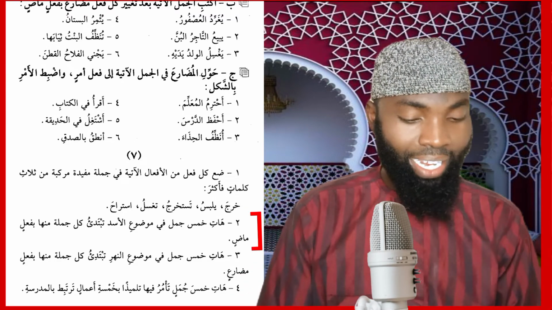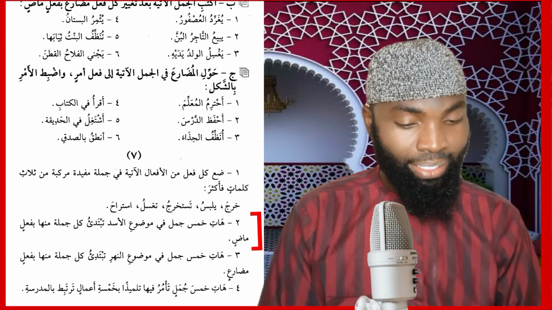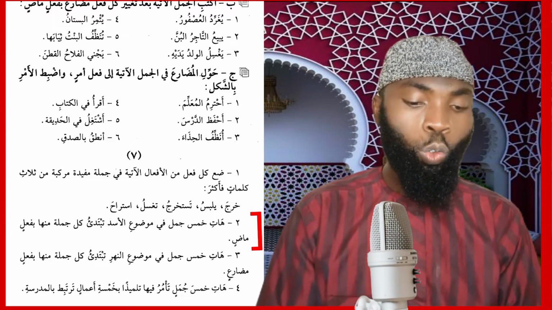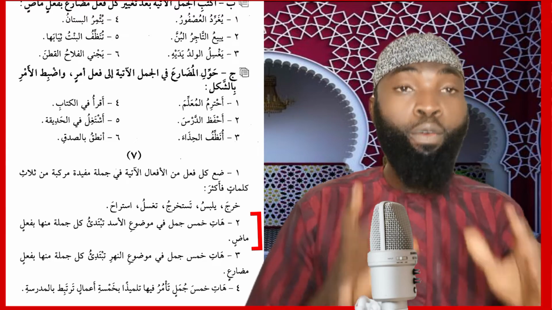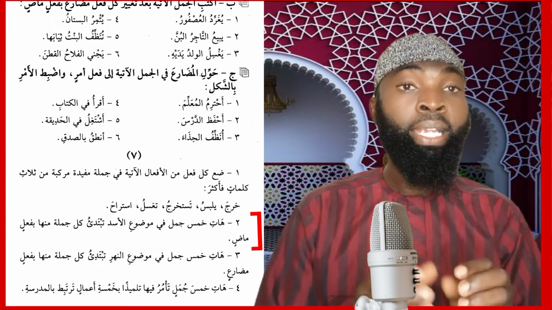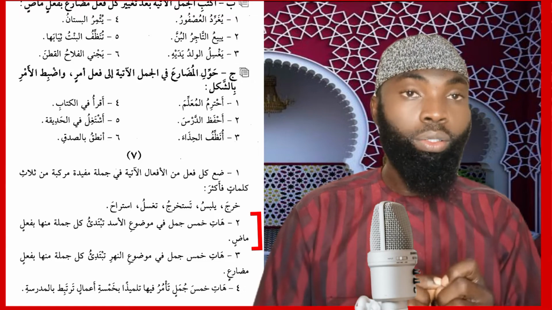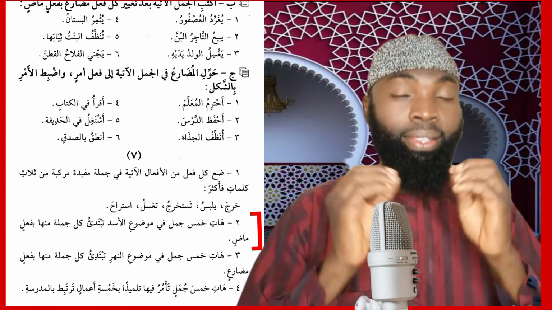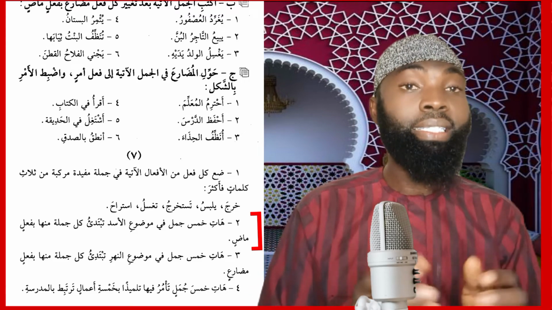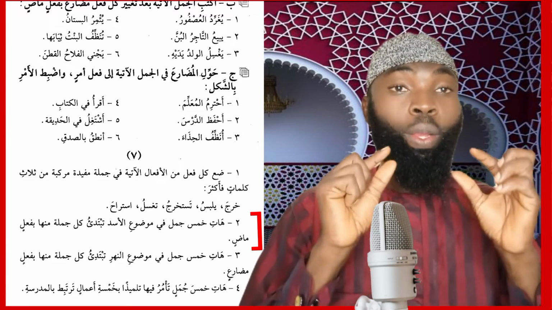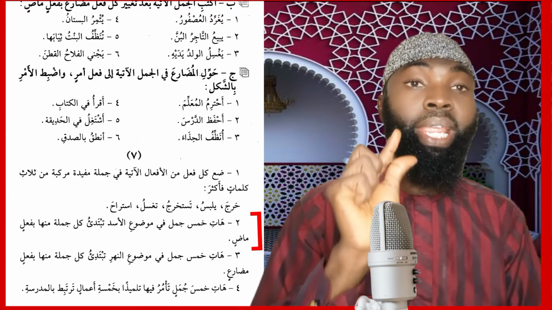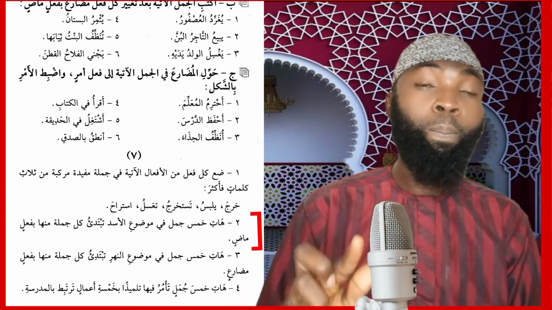Now the next exercise, the instruction says هاتي 5 جمل في موضوع الأسد تبتدئ كل جملة منها بفعل ماضي. Form 5 sentences. Each of these sentences should be on the topic of Al-Asad, the lion. Each of these sentences should begin with a past tense verb. Let's go on and form 5 sentences, each of them beginning with a past tense under the topic of the